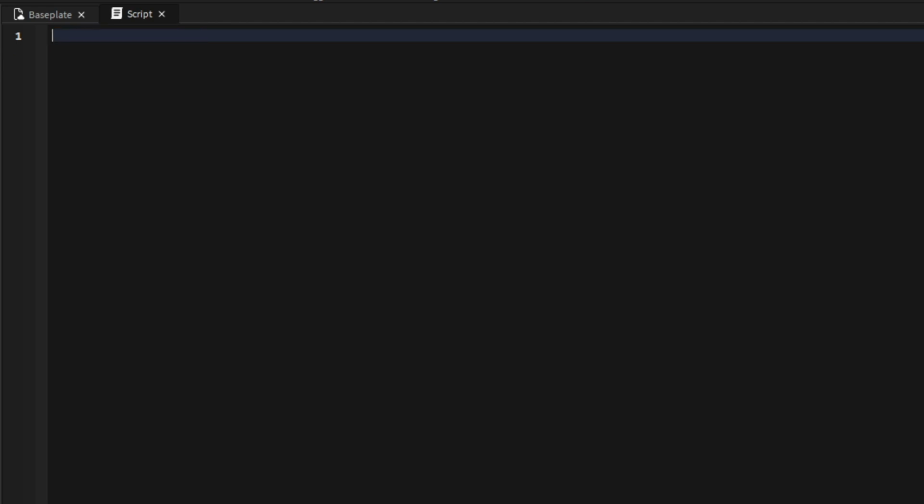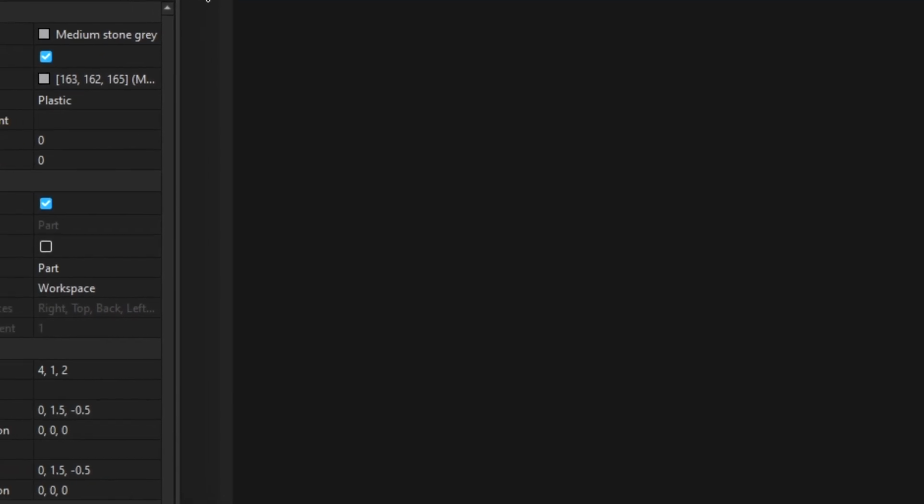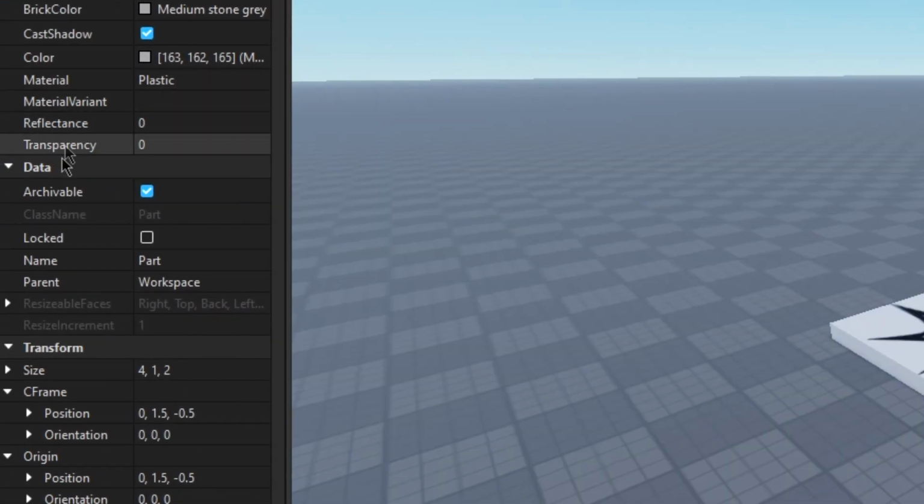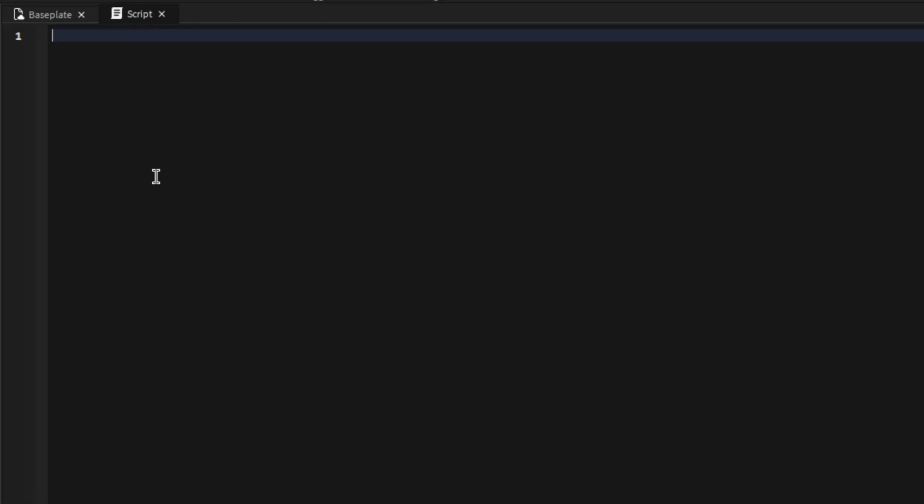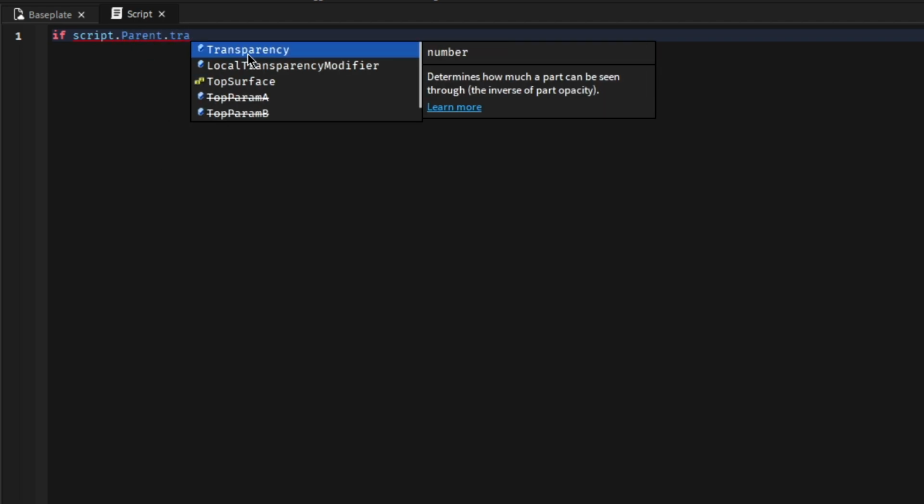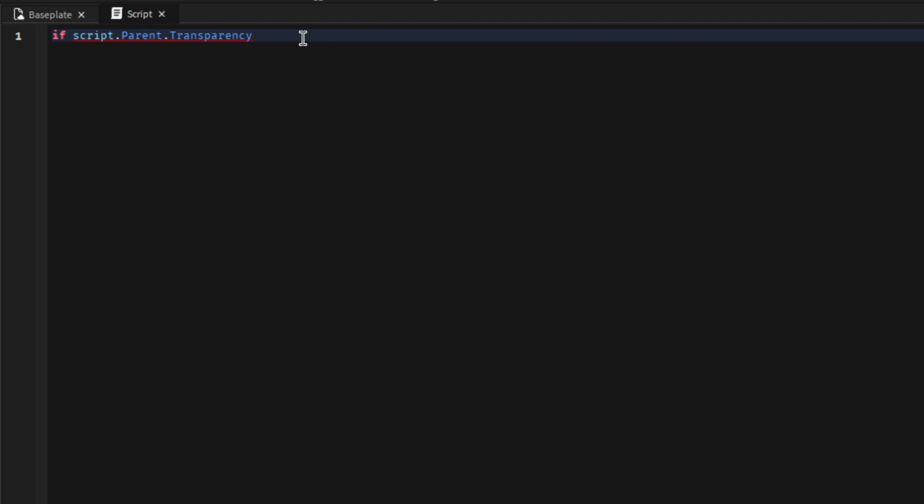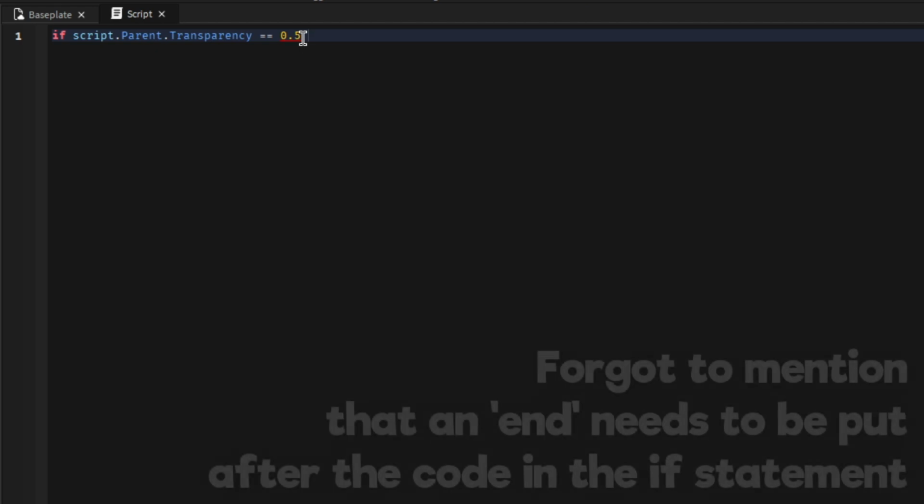Okay, let's have it check if the transparency is like 0.5. So let's set the transparency of the part in the properties menu here to 0.5, and then let's start writing the if statement. So if script.Parent.Transparency, so if the part's transparency is equal to 0.5, then